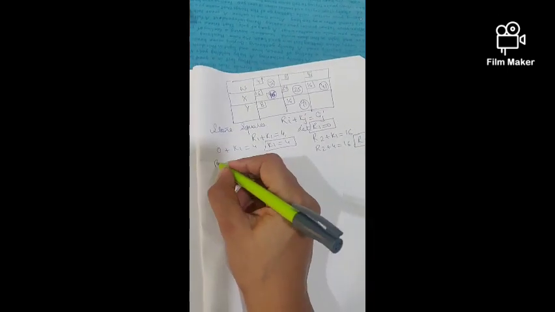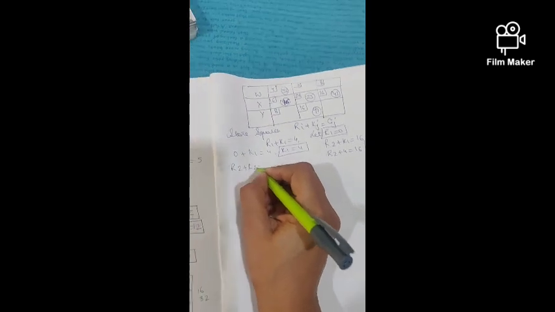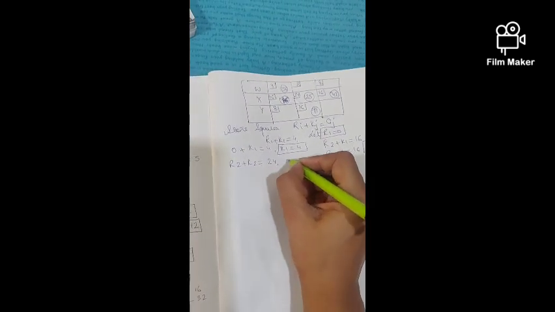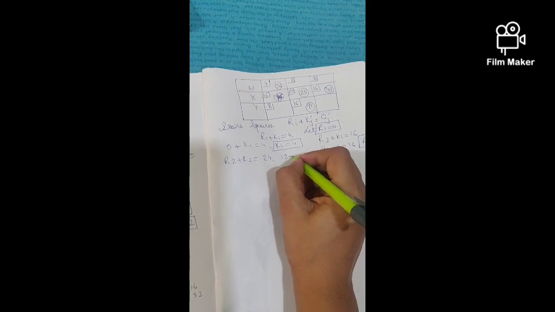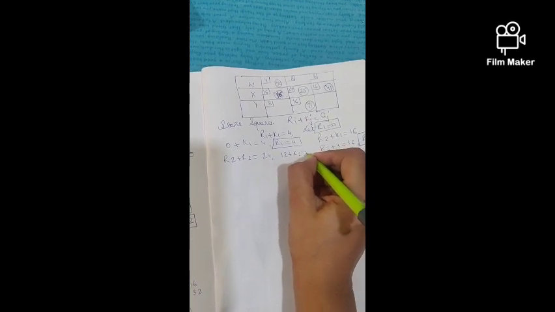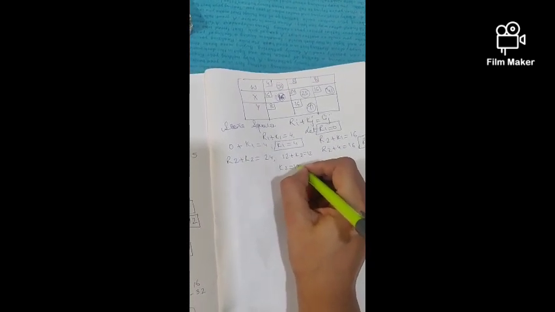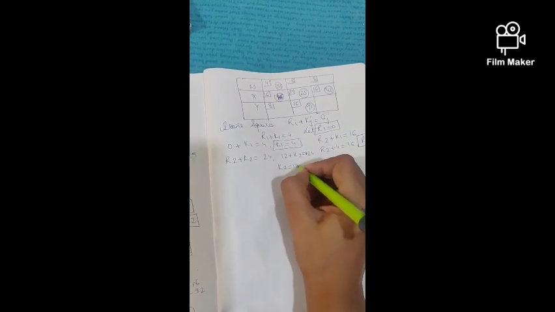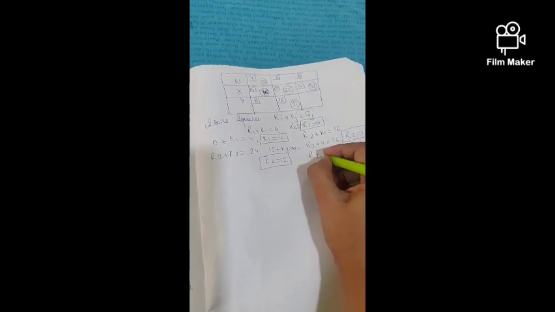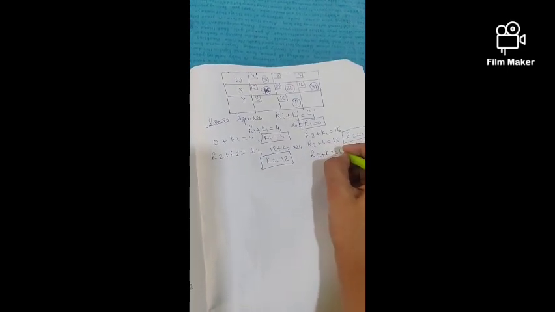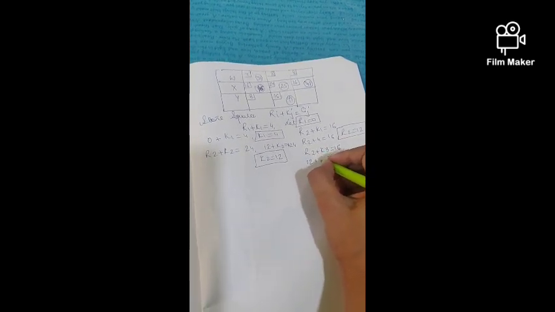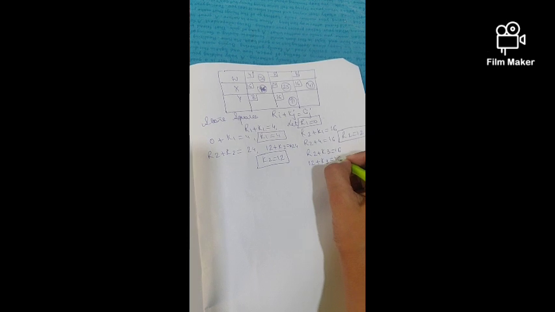Then we have R2 plus K2 is equals to 24. R2, 12 plus K2 is equals to 24. K2 is equals to 24 minus 12. Next we have this one, R2 plus K3 is equals to 16. Then we have R2 is already there, 12 plus K3 is equals to 16. K3 is equals to 4. उसके बाद